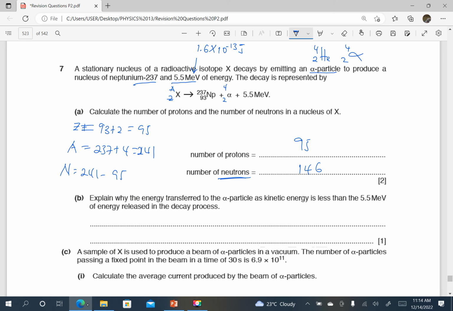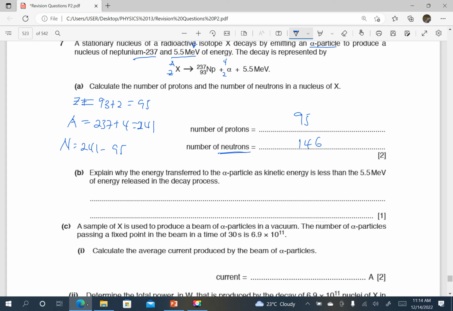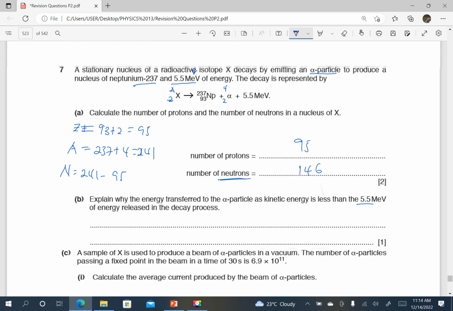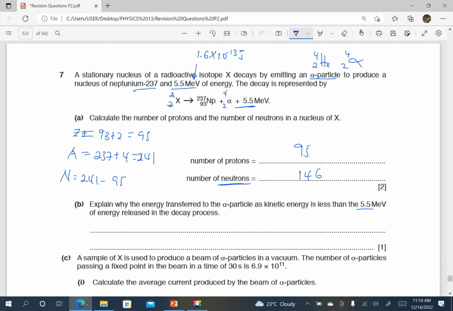That is unfortunate. Explain why the energy transferred to the alpha particle as kinetic energy is less than 5.5 mega electron volts. If the energy given in the reaction is 5.5 mega electron volts, yet we have products which could also be having kinetic energy, then it means the energy transferred to the alpha particle cannot be 5.5. So the neptunium could also be having kinetic energy, or there could be gamma radiation given out during the process. So we can simply say,